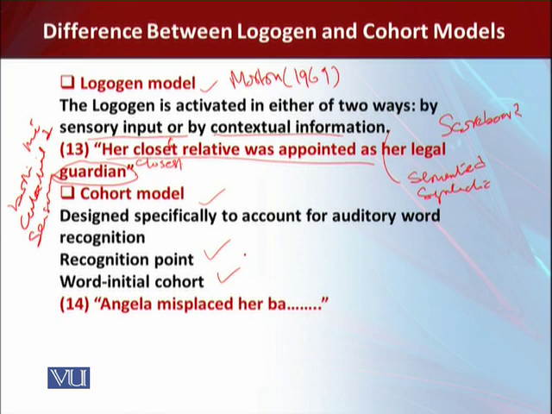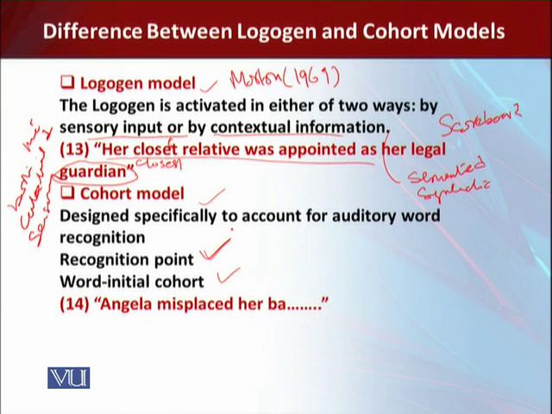First, listeners recognize words very rapidly, perhaps within 200 to 250 milliseconds of the beginning of a word. Second, listeners are sensitive to the recognition point, the point at which the word diverges from other possible